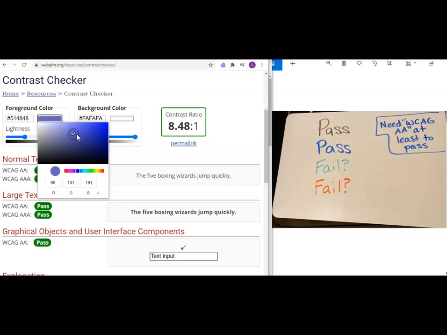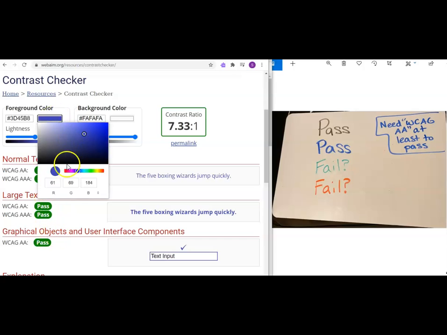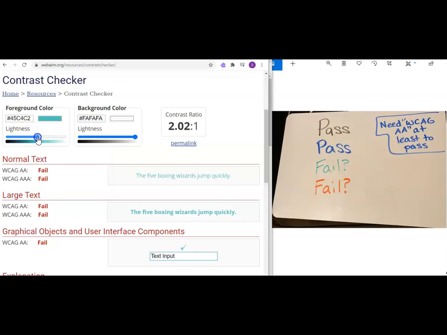Now checking my second color, blue, if I just find that kind of soft blue color that I have for that pen mark there, and I check that, it has this contrast ratio that, if you want to get more into that, that's fine, but it looks like I still pass. Now I'm going to get into my green color, which is more of a teal, because again my pen was running out of ink a bit, and I think on the lightness I could change that here,